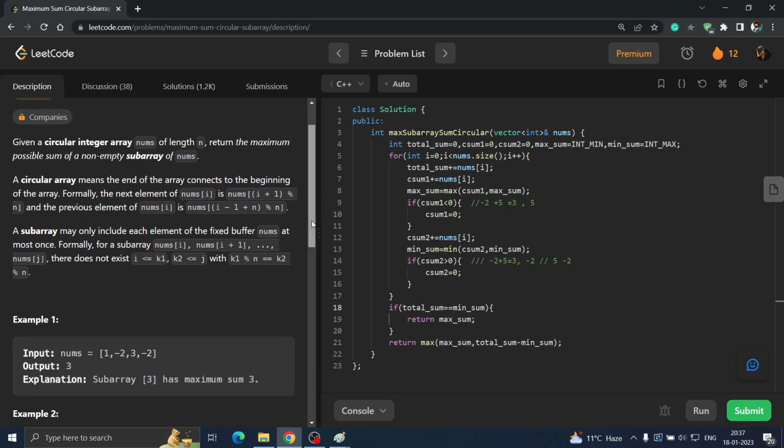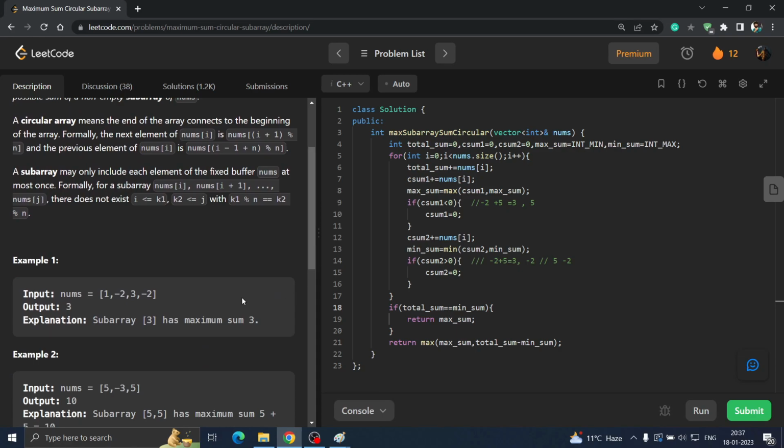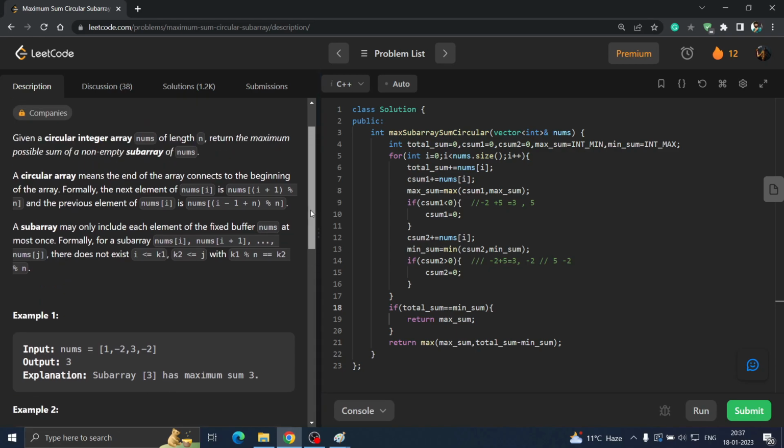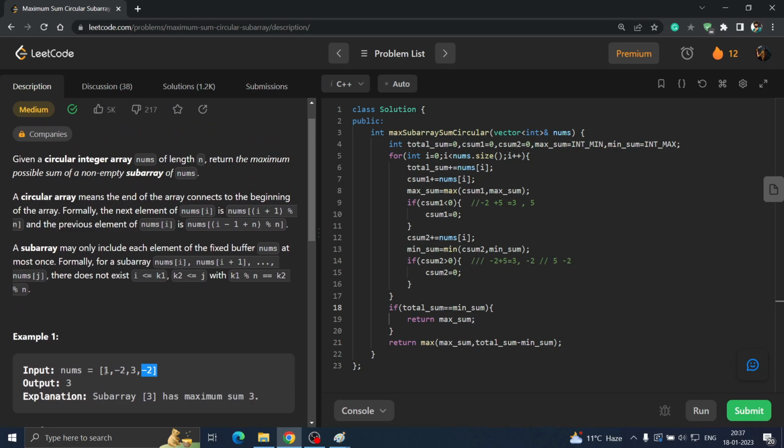Okay. And to brief you with the question again, we simply have to return the maximum sum subarray in a circular array. So what we did, we applied Kadane's algorithm. We handled this circular condition by using total sum minus minimum sum, as I told you in the example. And if it was a normal subarray, we are getting the maximum sum by Kadane's algorithm. So Kadane's algorithm is very important. Please check it out. Okay, so I hope you have understood the question